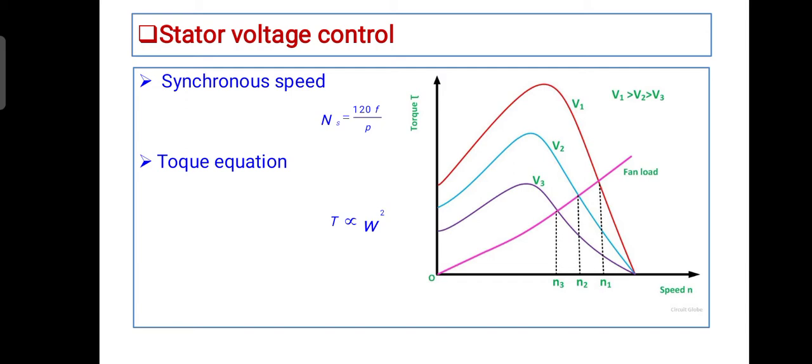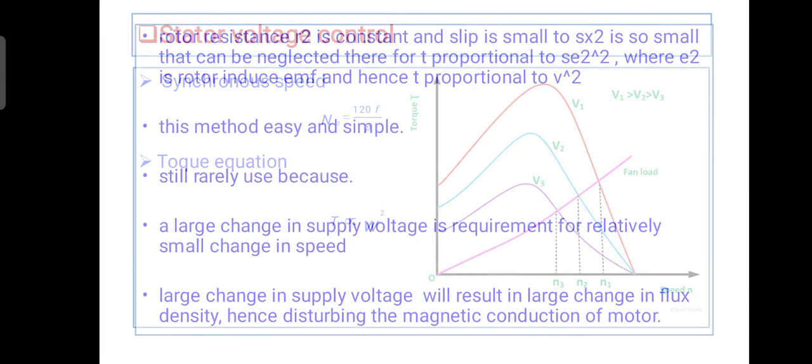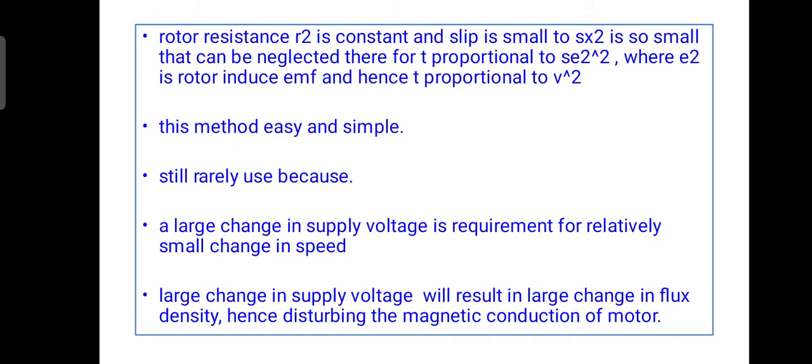Then the characteristic: torque speed characteristics of the three-phase induction motor for varying the supply voltage. By varying the supply voltage, the speed can be controlled. The voltage is varied until the torque required by the load is developed at the desired voltage. The torque developed is proportional to the square of the supply voltage and the current is proportional to the voltage. To reduce the speed for the same value of current, the voltage is reduced and the torque developed by the motor is reduced.